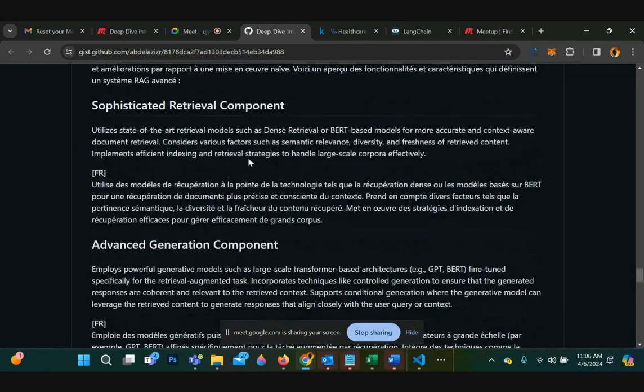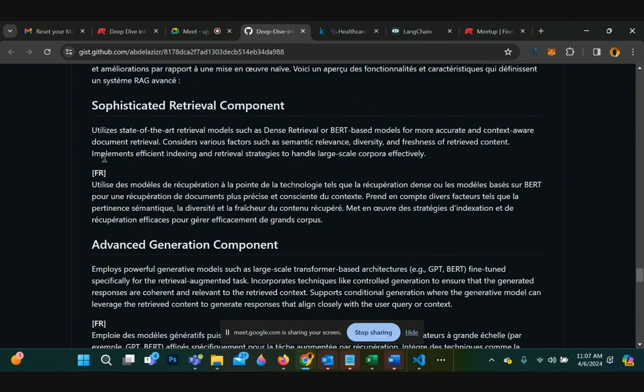So with advanced RAG, you have to really choose a good retrieval model, as well as a good generation model. Again, the question is based on sensitivity of data.